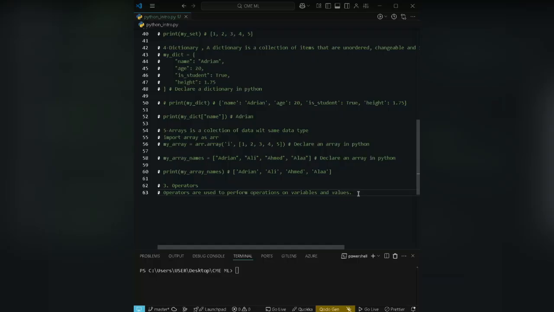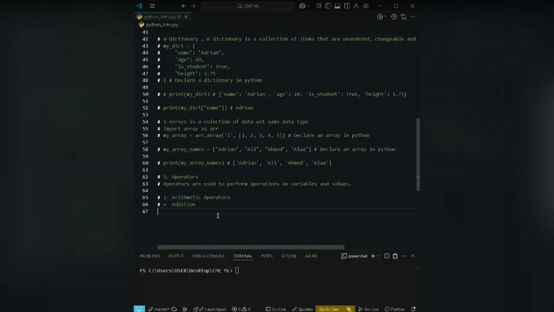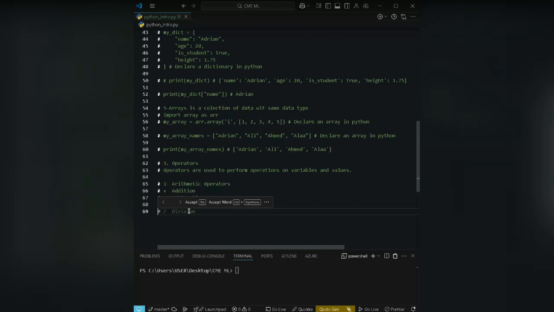Let's take, for example, the various operators in Python. Like we said, we have arithmetic operators. An example is addition. We also have subtraction, multiplication, division, and modulus too. There are two types of division in Python: integer division and floating point division. This one line is floating point division in Python. What I mean by floating division is